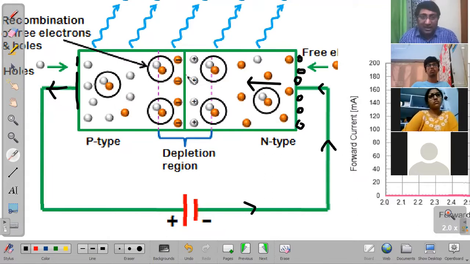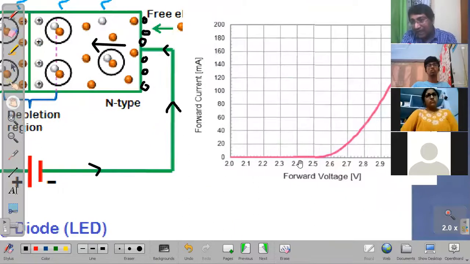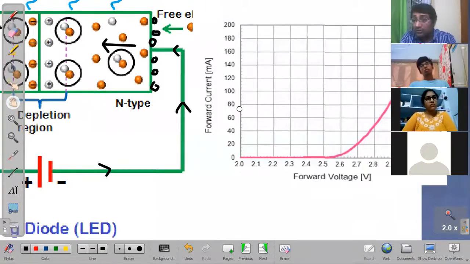That barrier is, think of it like this. When you started your experiment or when you try to send energy, a lot of energy is required to push electrons from one side to the other. Because of this physical barrier, you need to supply a lot of energy. So even after supplying a lot of energy, very few electrons travel. That's why that particular region is a high resistance region, and you see the graph in this fashion. The graph is like this because the depletion region is not allowing electrons to flow through.